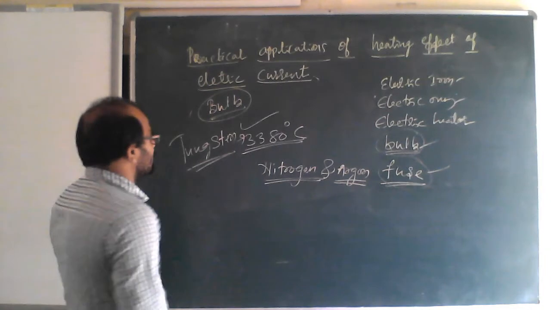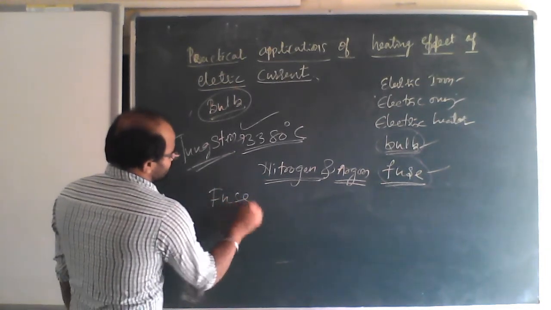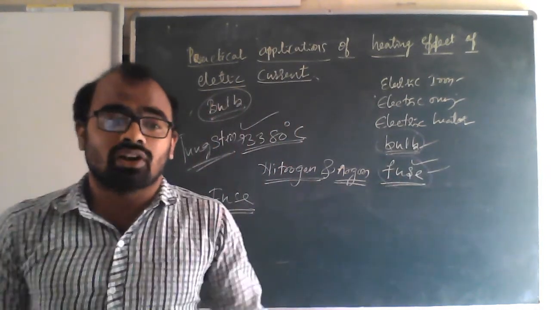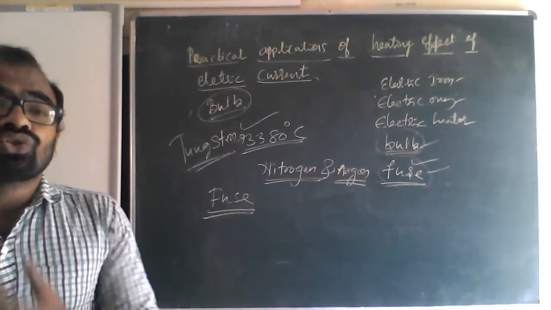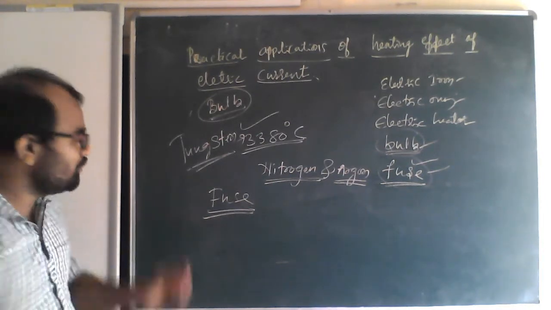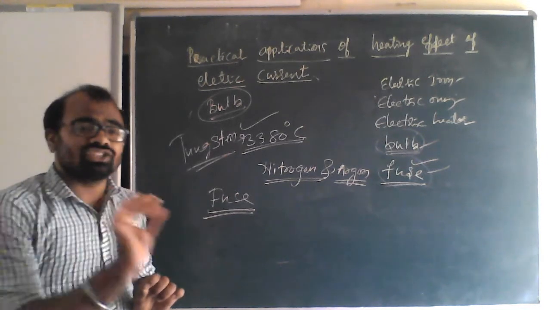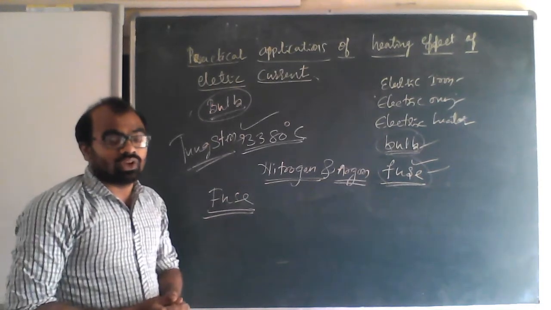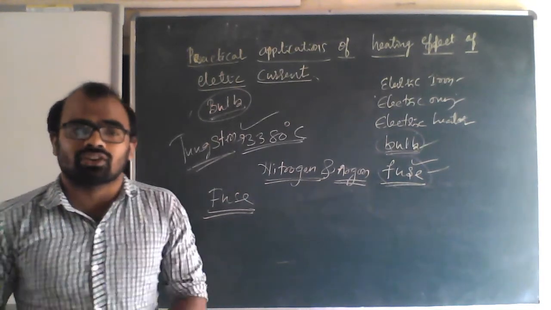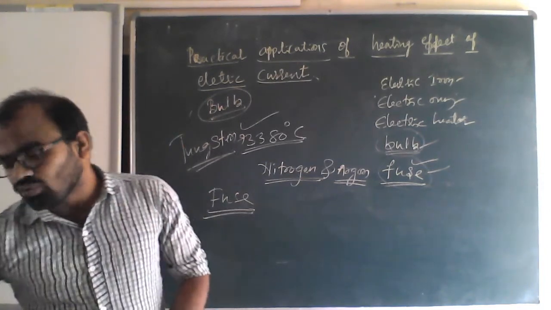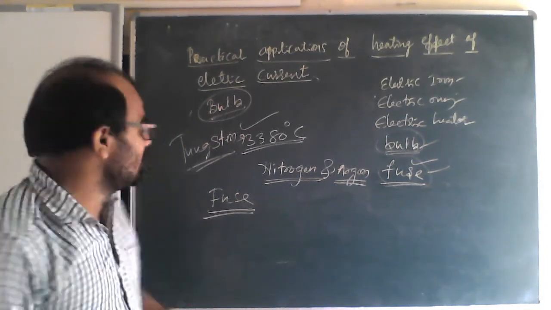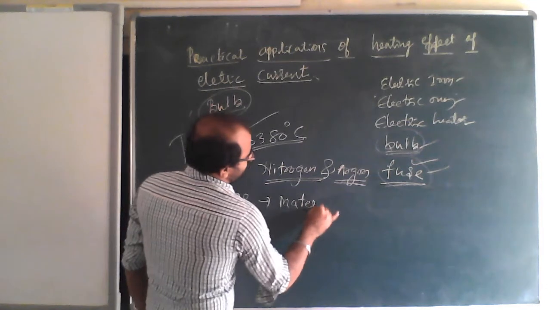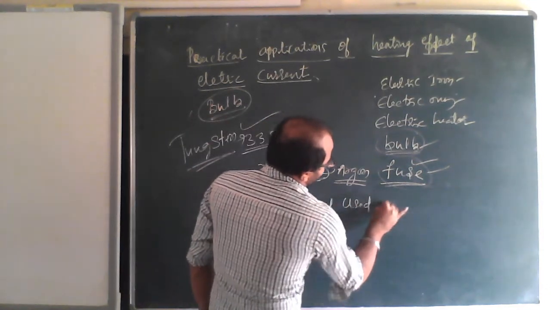Another one is there that we call a fuse. Okay, fuse. What is a fuse? I hope up to this much you are clear. So what is a fuse then? A fuse is a material used in an electrical circuit which melts itself when there is overloading or short circuit of the electric current. When there is overloading or short circuit, it melts itself. A fuse is a material used in an electric circuit